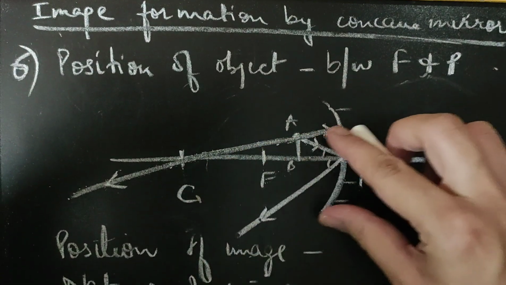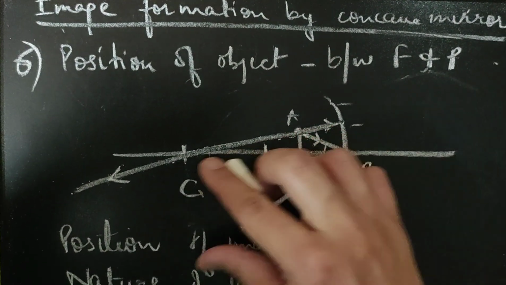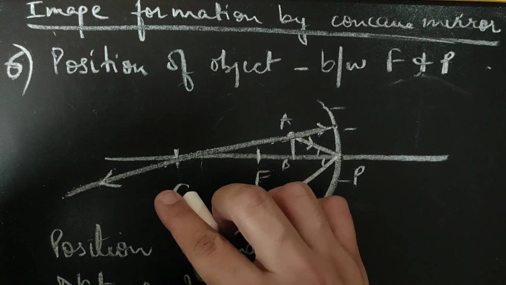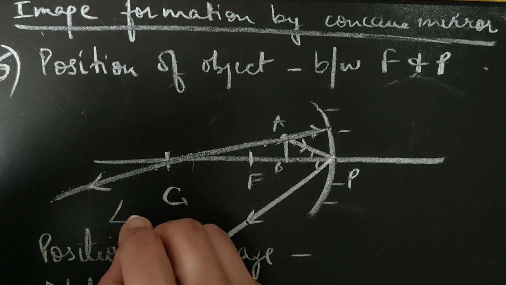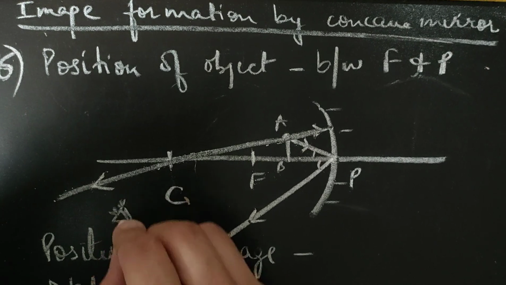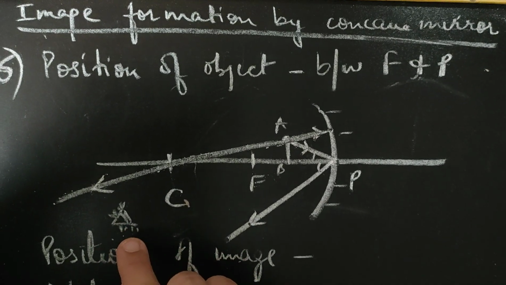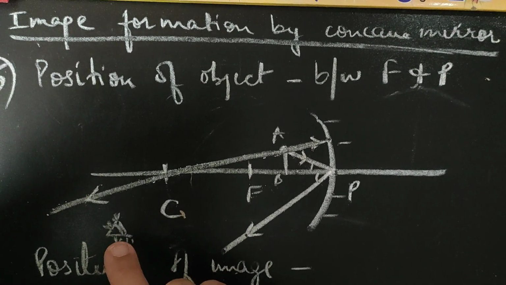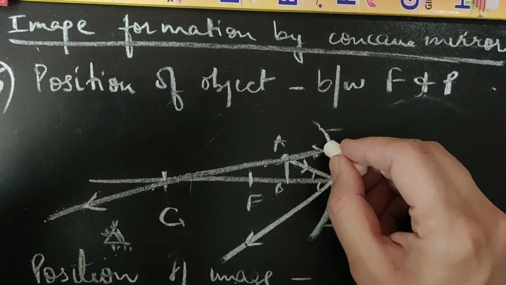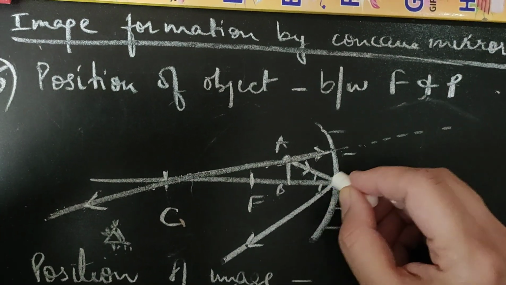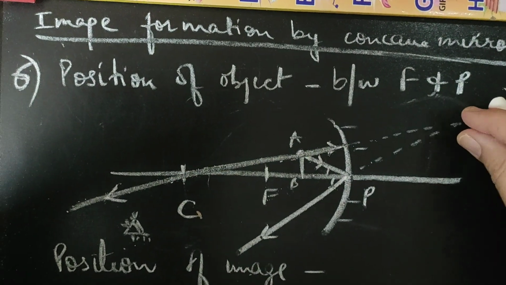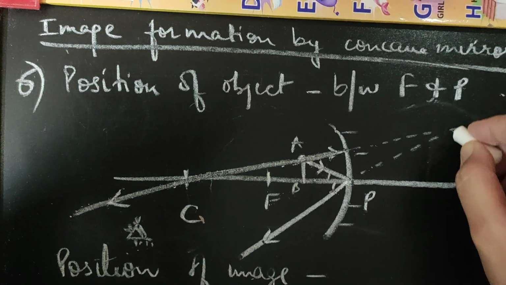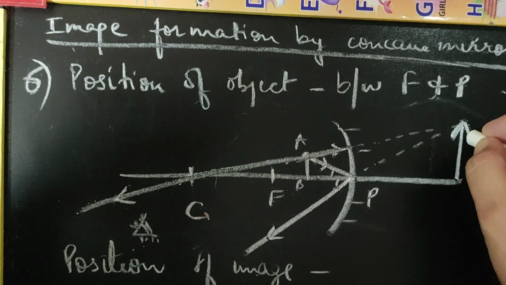Now these two light rays are diverging. You can see after reflection these two light rays are diverging. So they will not meet anywhere here. The observer who is on this side, if this represents the eye of the observer, to him it will appear that these light rays are coming from somewhere behind the mirror. I have produced back the reflected light rays and they meet somewhere here. This is the image that is being formed.